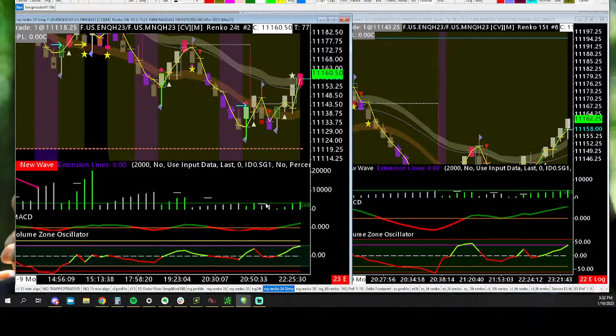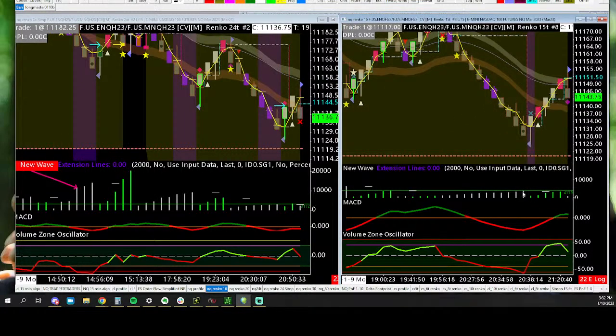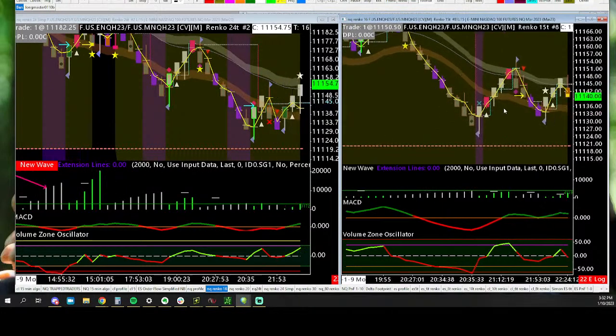But we had a good chance of it happening because the down waves on the high time frame were getting weaker, but they were shorting heavily on the small time frames. They were getting stronger, right? Right here. That was really the sign that something's up. And then when we got the dominant wave to the upside on the small time frame, which happened right there,